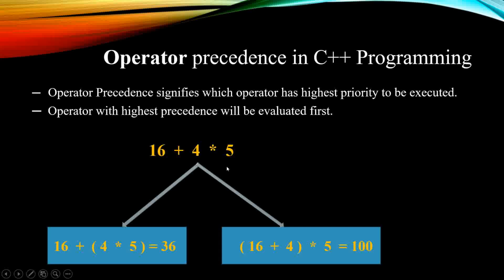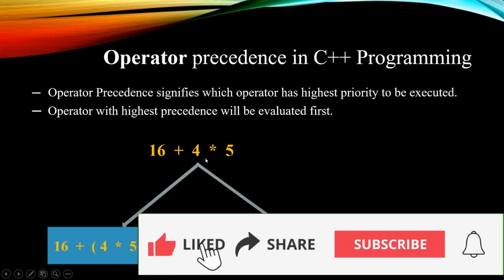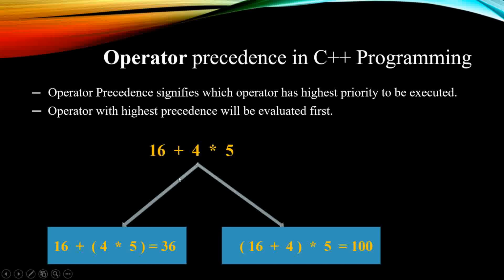In this case የትኛው ኤክስፕሬሽን ነው or ደግሞ የትኛው ኦፕሬተር ነው ቀድሞ ኤክስኪዩት የሚደረገው ማለት ነው። For example 16 plus 4 times 5, as you know መጀመሪያ ላይ ከፕላስ እና ከታይምስ ወይ ደግሞ ከመልቲፕሊኬሽን እና ከአዲሽን ሃይስት ፕራዮሪቲ ያለው የትኛው ነው ማለት ነው? መልቲፕሊኬሽን ነው። ቦዲ ማስ ላይ እንደምናውቀው multiplication has highest precedence than addition ማለት ነው። የትኛው ነው ኤክስኪዩት የሚደረገው ማለት ነው? First 4 times 5, then it will be 20, then 20 plus 16, then it will be 36 ማለት